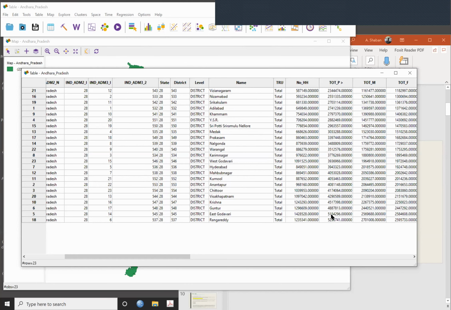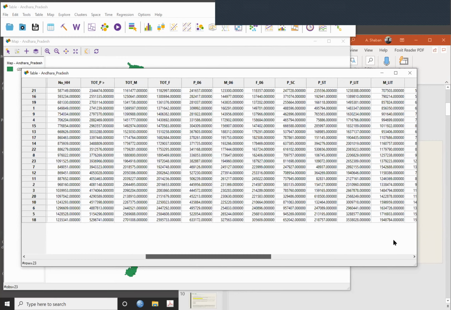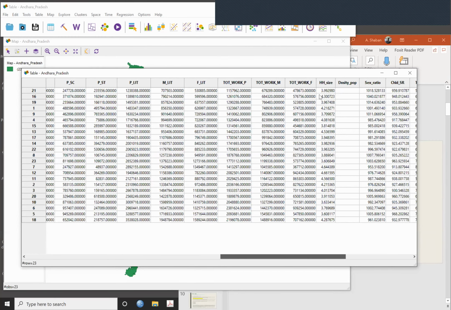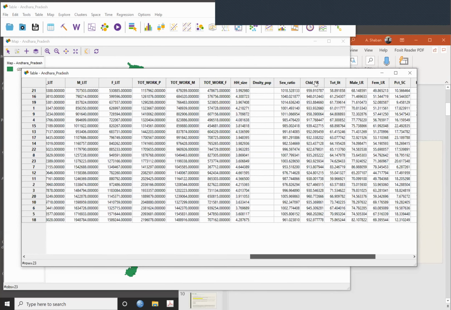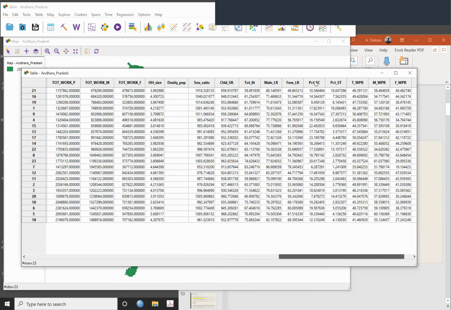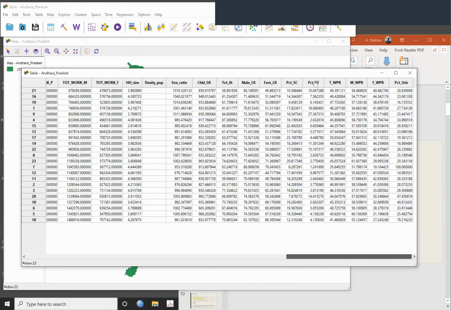The two districts, which are these? These are the East Godavari and Rangareddy districts. This is a huge total population. So sometimes we can see outlier variables, and for example with percentage ST population, if you want to see which are the extreme values, you can see those observations.